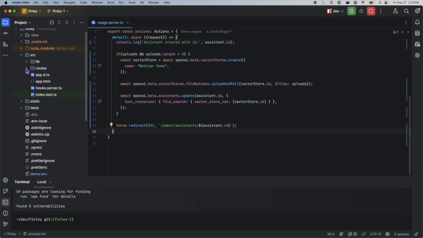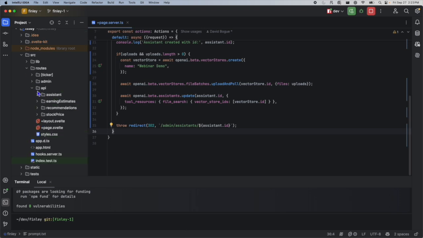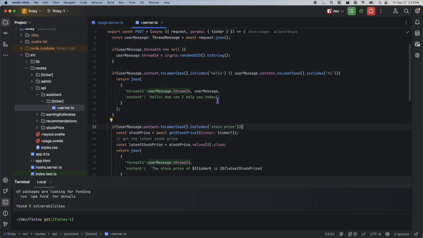On the back end, our chatbot is calling an API with the route of API/assistant/ticker symbol. So if we're on the page for Apple, it's going to return AAPL. And then there's a backend service here